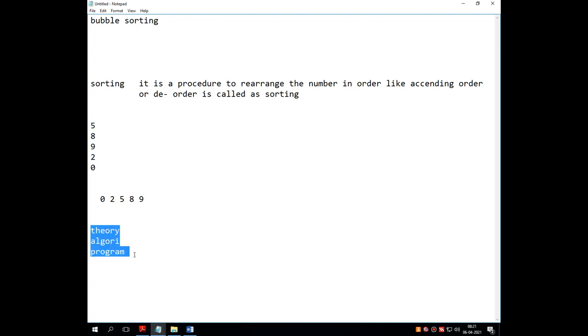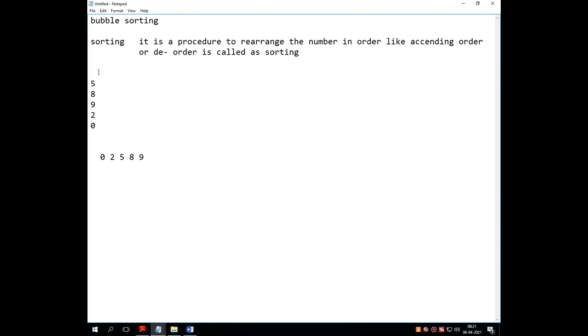For bubble sort, the theoretical part we have discussed, which I would like to repeat again. Bubble sorting is the oldest sorting technique, the easiest and inefficient technique for sorting the numbers from smallest to highest.